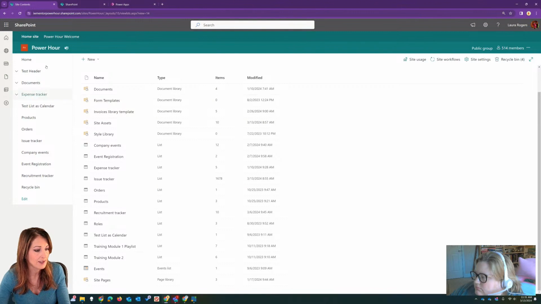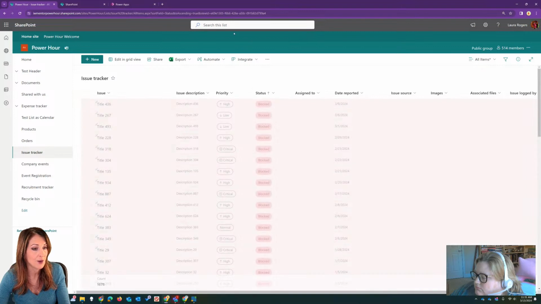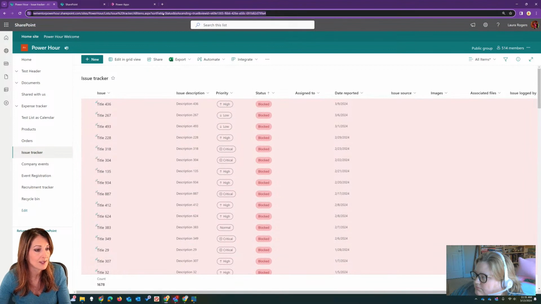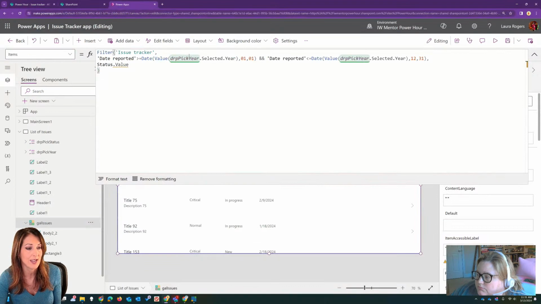It's called status in my list. And I need to make sure that I know the system name of it. So it says field equals status. And that's one way to look at what the system name is. When I sorted it by status real quick, I see the system name is status. So I've got status.value